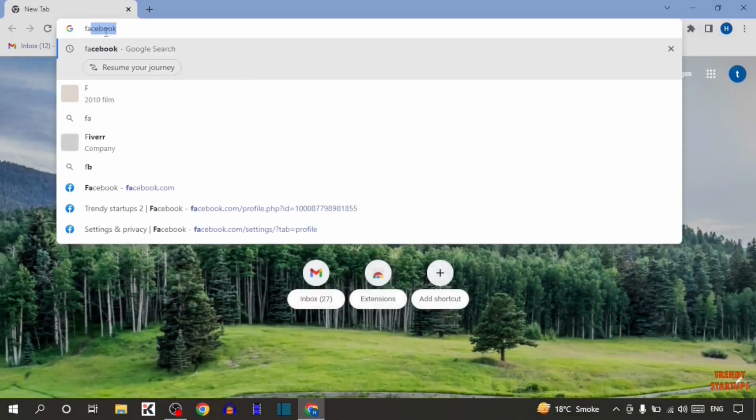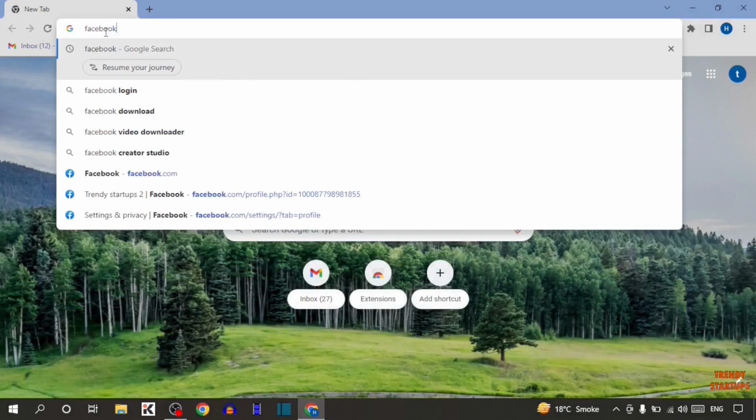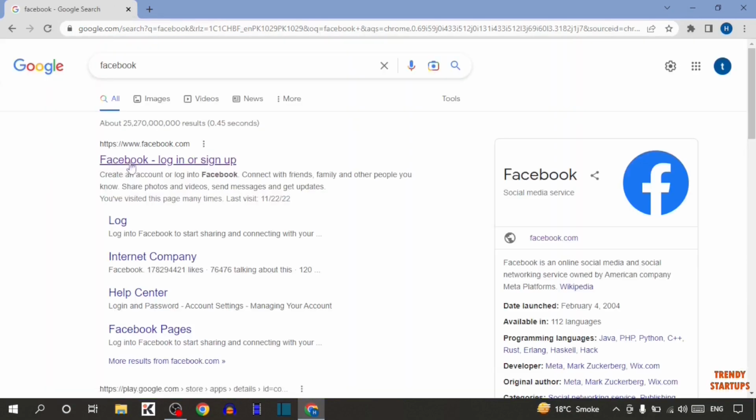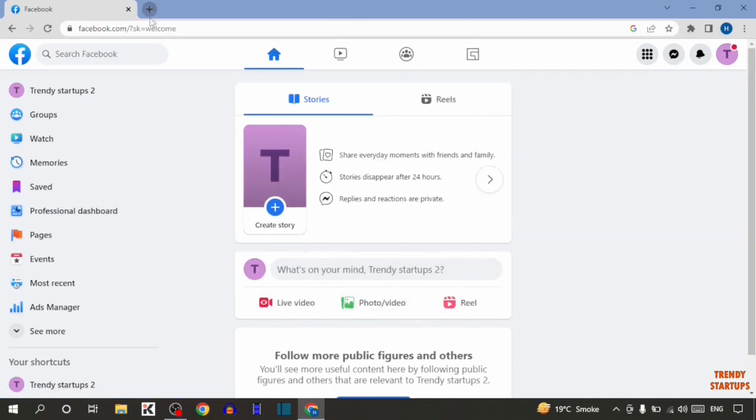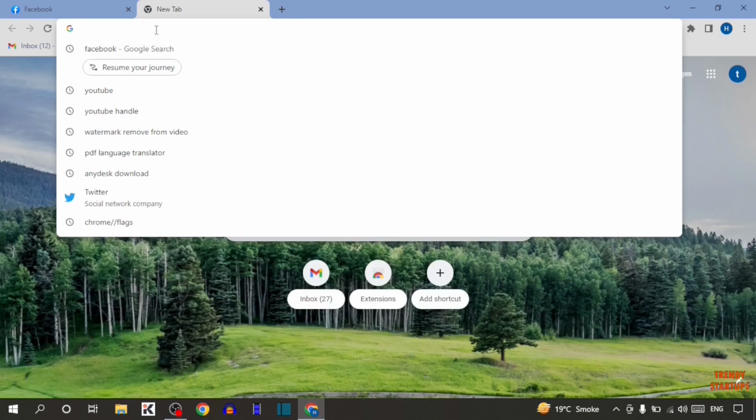Now type in search bar Facebook. Simply click on first link. So guys, here you can see our Facebook homepage. So to set auto reply, simply open new tab. Now type in search bar Facebook